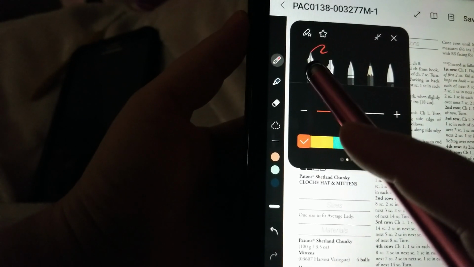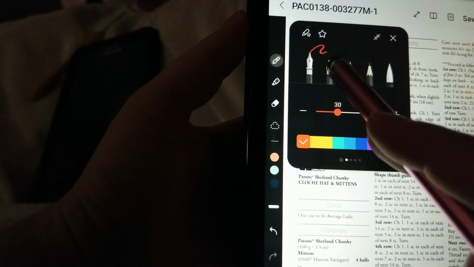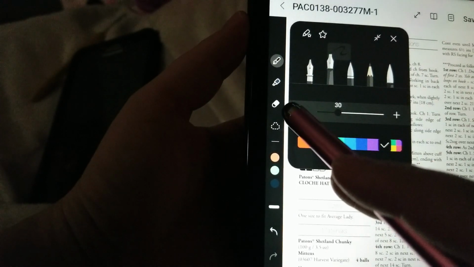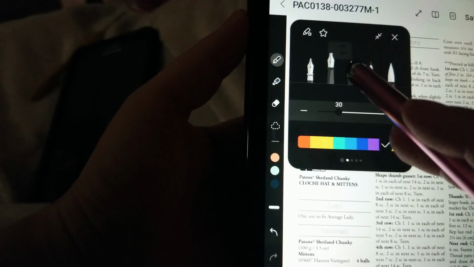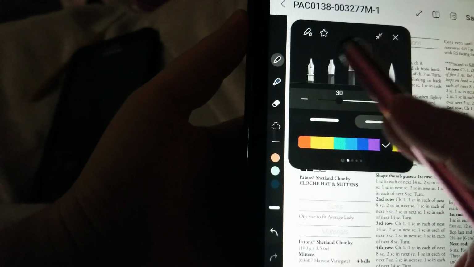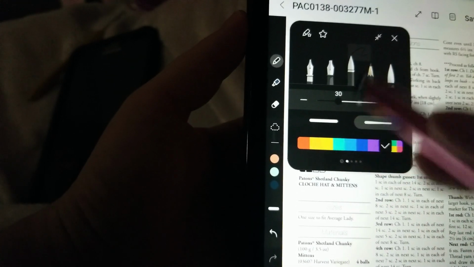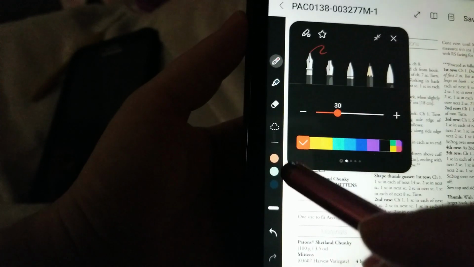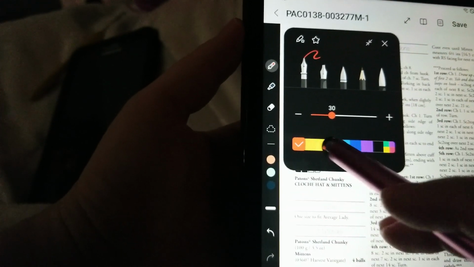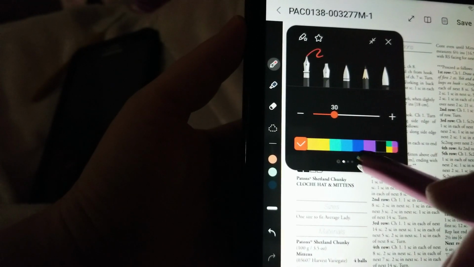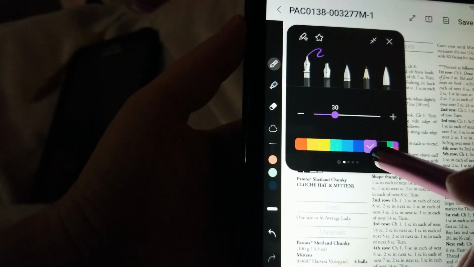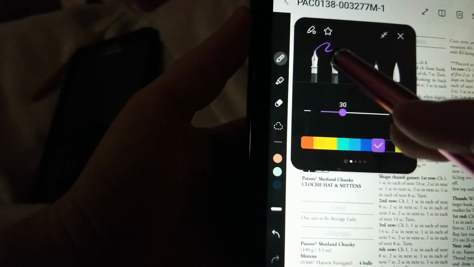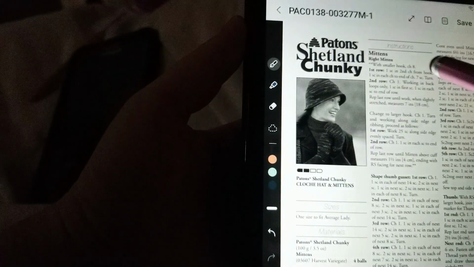You could have this kind of inkwell. That's a different kind. I think it has an outline on it. This is sort of more of a paintbrush deal. That is a pencil, and that's a thicker paintbrush. I personally like this one. You can pick any color you like. We could go with purple. Let's go with purple on that one. And we can write